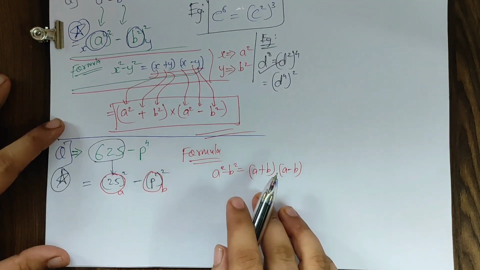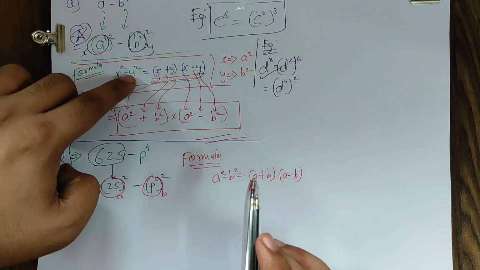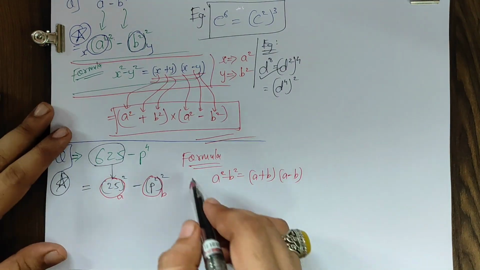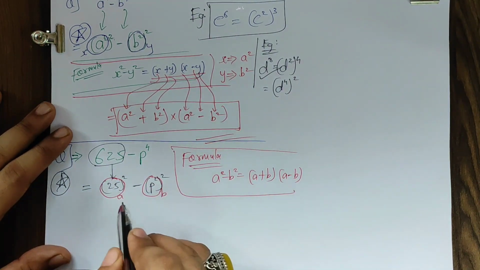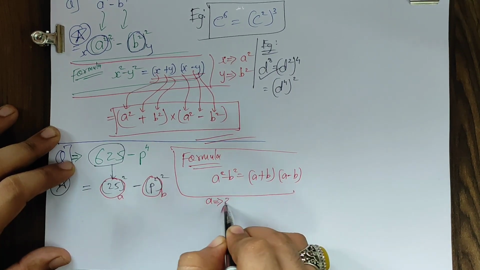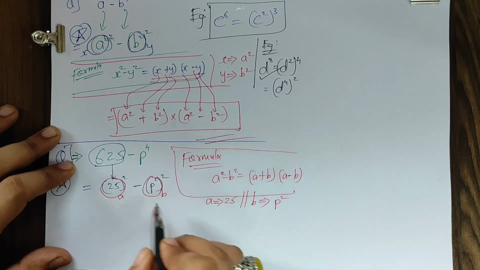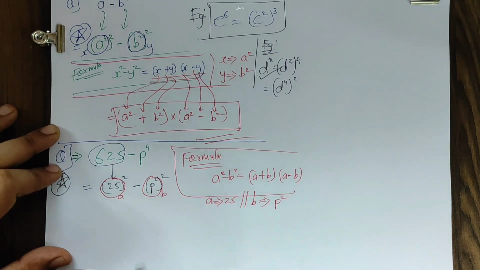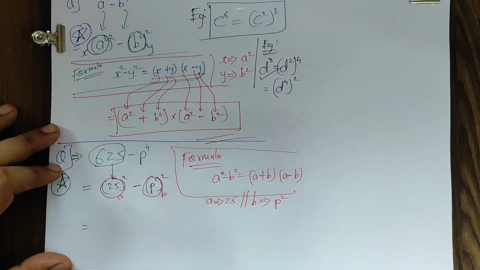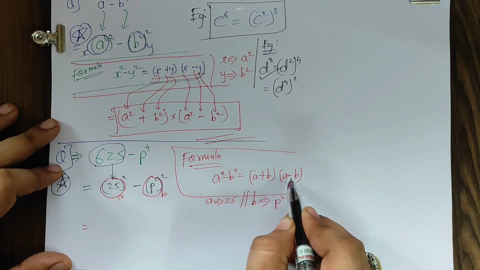इसको xy के टर्म में भी लिख सकते हैं. Last time I wrote it in the xy term. It's one and the same. x square minus y square is x plus y, x minus y. a square minus b square is a plus b into a minus b. Okay, so now in my submind I will think that मेरा a कौन है? My a is like 25 and my b is like p square. Be careful, p square मेरा b है. ठीक है. So the formula says that a square minus b square is a plus b, a minus b.